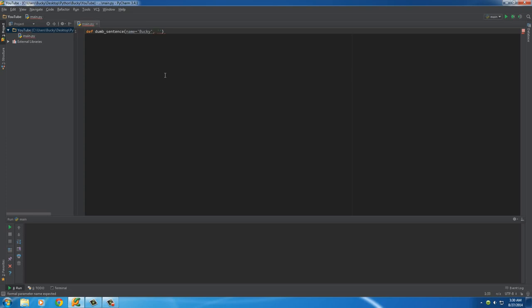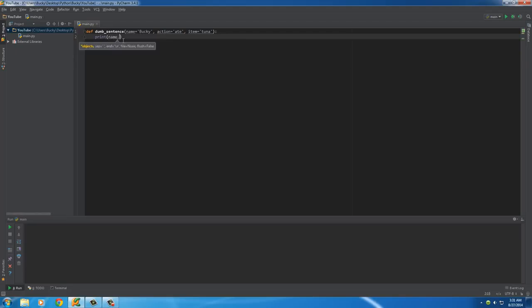So we'll have a variable called name, have another one called action, and all of these are just going to be simple string variables, and item. So the only purpose of this function is to print out a dumb sentence, and by default we'll just say Bucky ate tuna using 3 different variables. So in order to do this, print name, action, item. So right now, if I just run this,